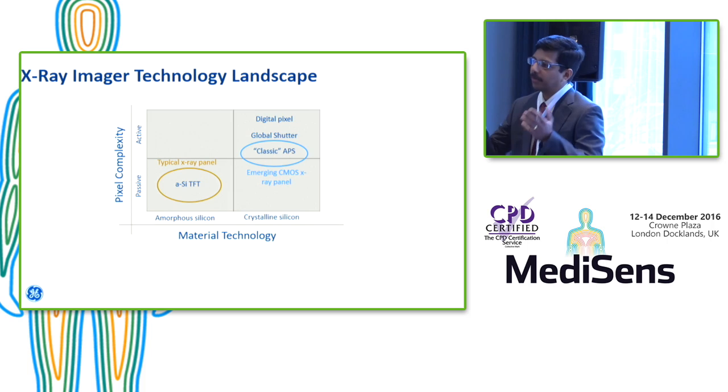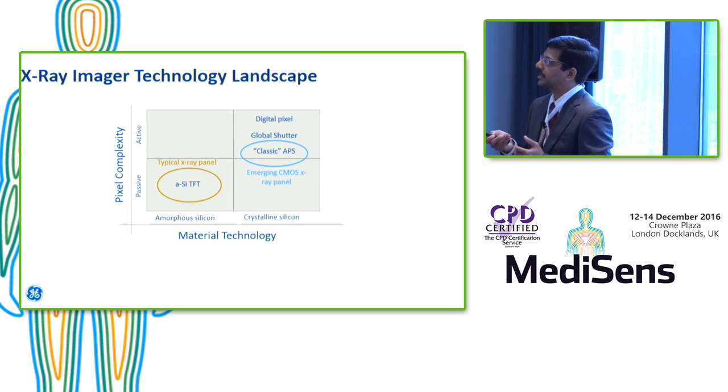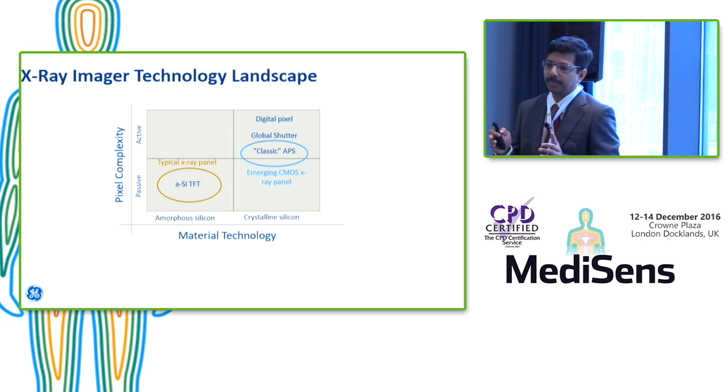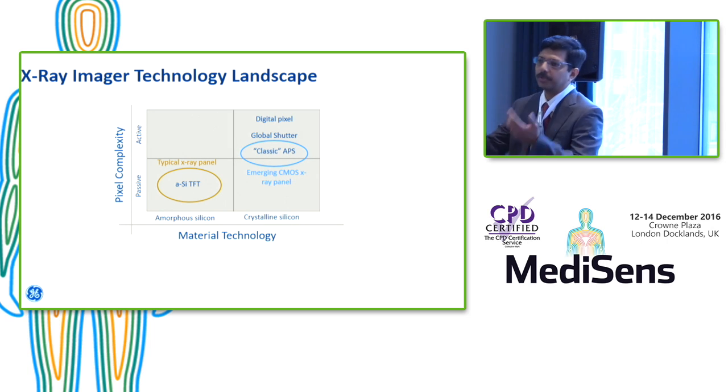There are a lot of opportunities like global shutter, digital pixels. So it's just the beginning. I mean, we're just at the point where we've solved some of the fundamental issues of building a detector. But my feeling is that now it's time to look further and see, integrate more,